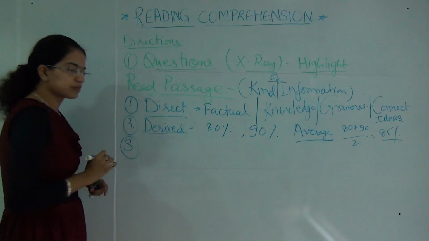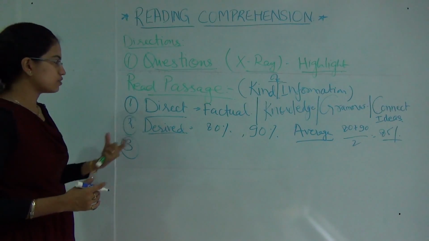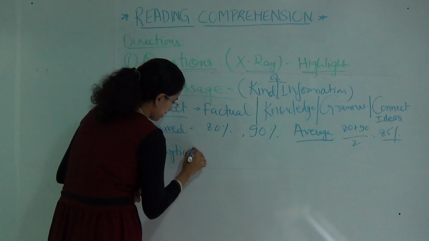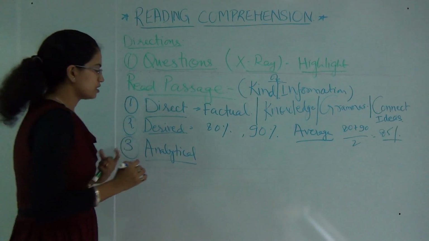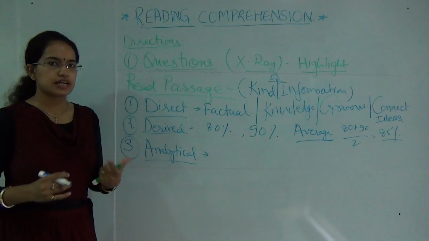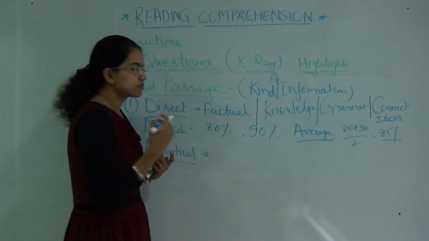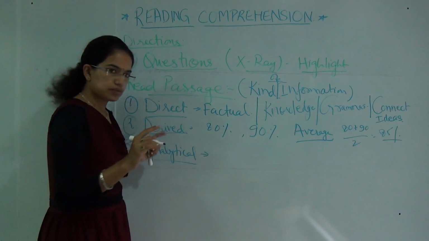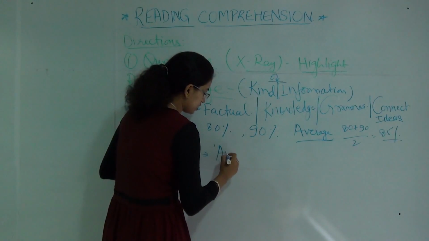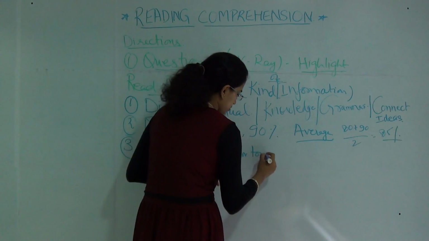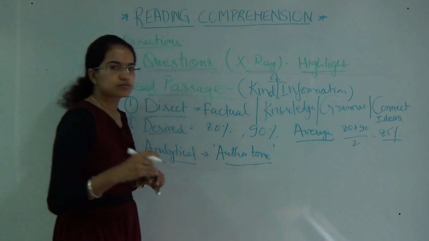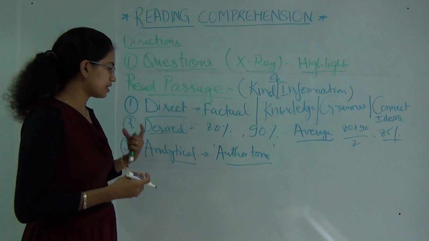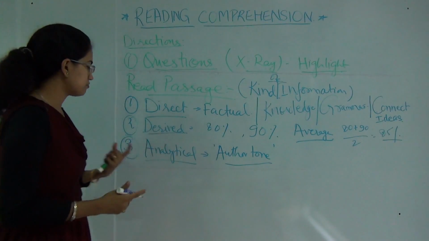The next type of information that we usually take out from the passage is analytical. So you are trying to do an analytical understanding. In this, we basically try to anticipate and understand a particular phenomenon and then analyze something. That can be the author's tone, what the author suggests, or what the passage implies. Those are analytical questions, or analytical information retrieved from the passage.